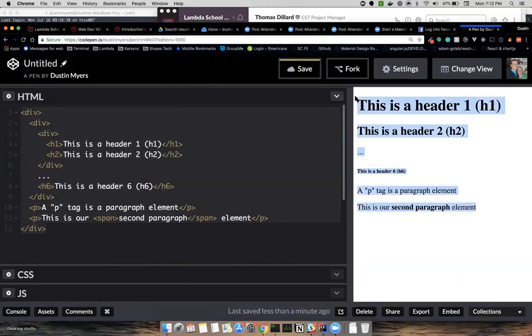So I'm going to jump into the Q&A real quick and take a look at any outstanding questions you guys have. If I don't have time right now to answer a lot of questions concerning the program specifically, feel free to jump onto Slack, or send an email, or communicate with your project managers if you have questions about the Lambda program specifically. If there are questions about our lesson today, I'll try and answer those.